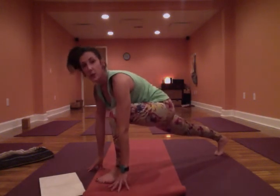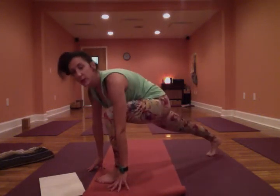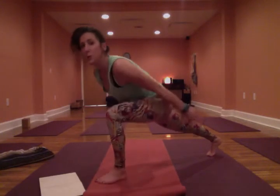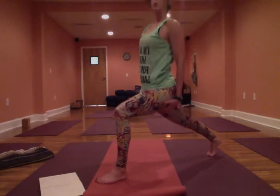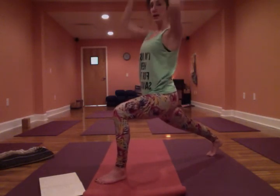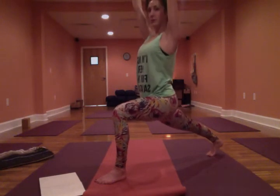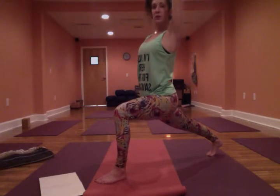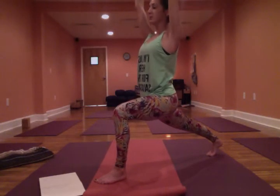So if that low lunge was enough for you, drop that knee. If you want to challenge yourself, or as you progress more through the videos, maybe you want to take that high lunge, so you're on the toes of the back foot, rise up. Hands can stay here for balance, or you can inhale and extend the arms. This is our crescent lunge. Same kind of feeling, you're getting that stretch in the hip here. I know you can't see really what my hand is doing, but